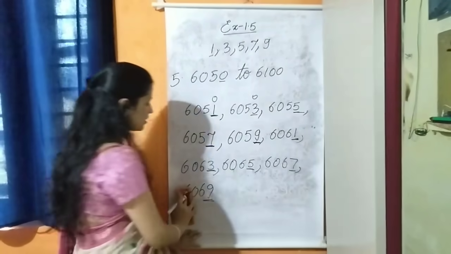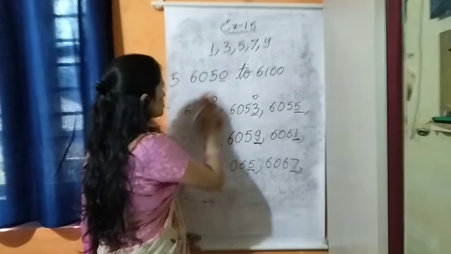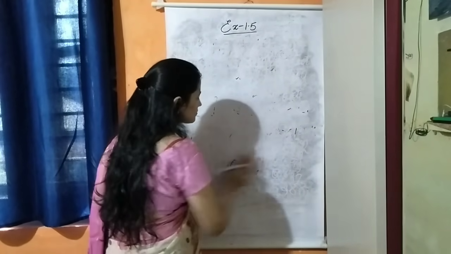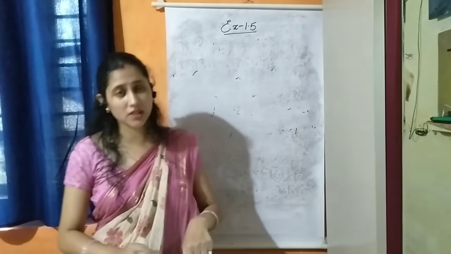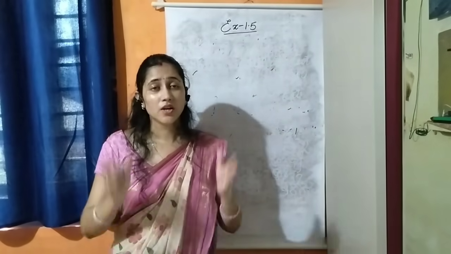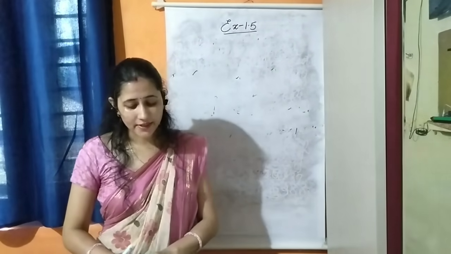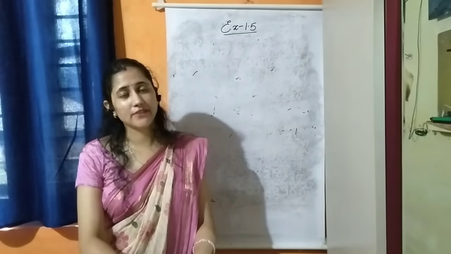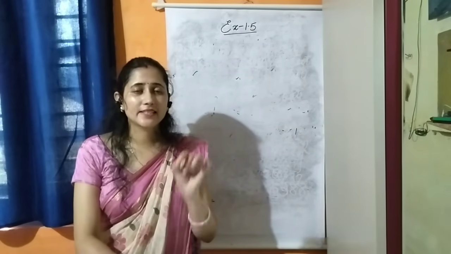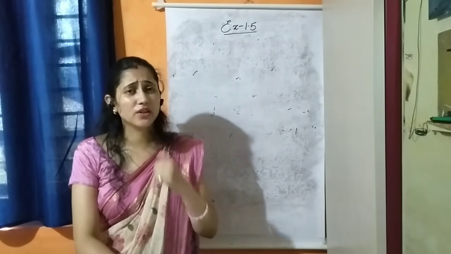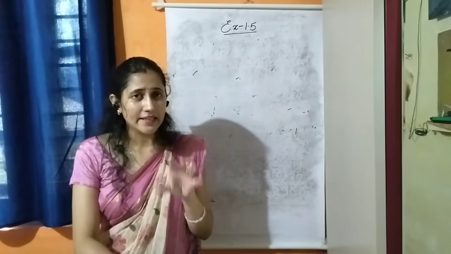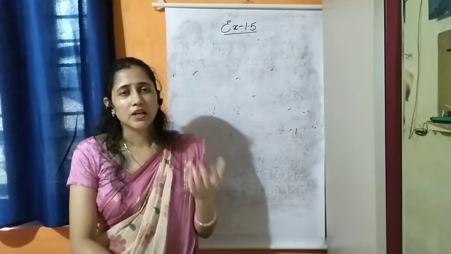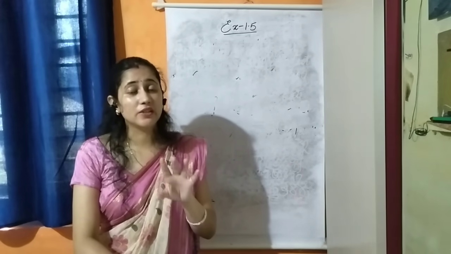Okay students, now this is all for today. We will meet in our next session. And please students, question number 3, encircle the even numbers and underline the odd numbers. Do it yourself. And now your copy work I will give in your download link. Please write that work in your fair copy. All the notes or any sums that I am giving in your download link, you have to write in your fair copy.